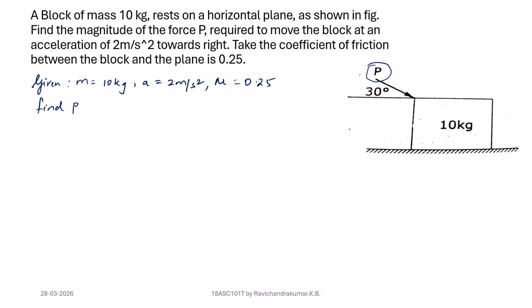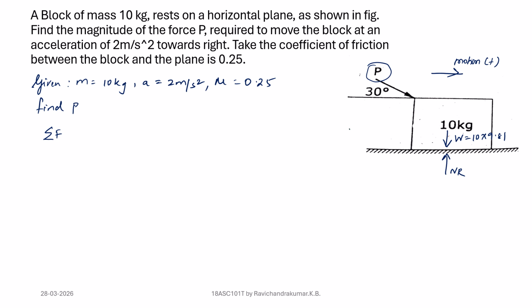Alright, so now we'll find out what forces are involved in order to find the summation of F. That will be the first step. In order to do that, we need to list all the forces involved in the sliding of the block. Since P has been applied from left to right, the motion direction will be in this direction. The motion direction takes precedence when you are talking about sign convention, so that will be the positive case. So we have W, that is 10 into 9.81, acting as the self weight,